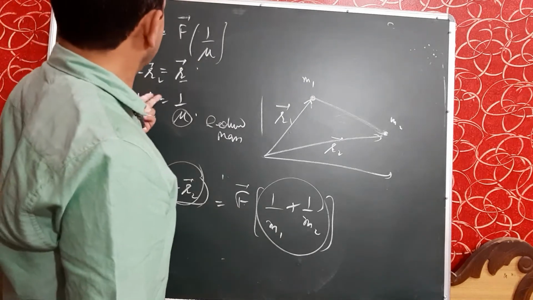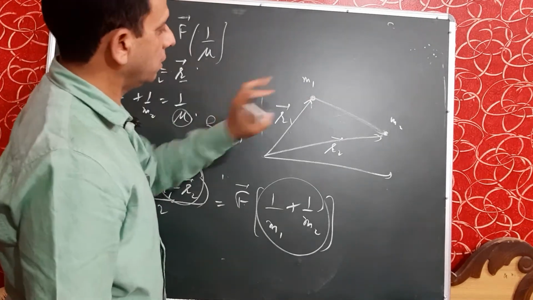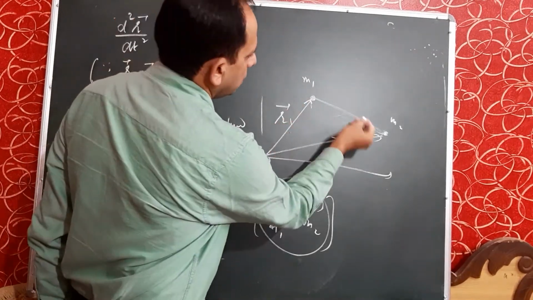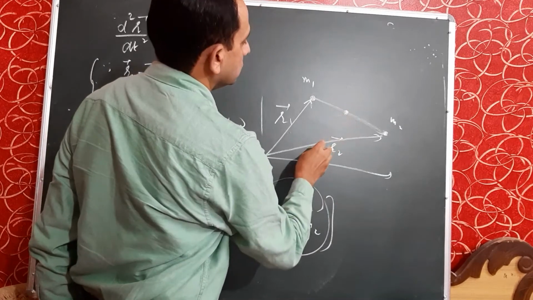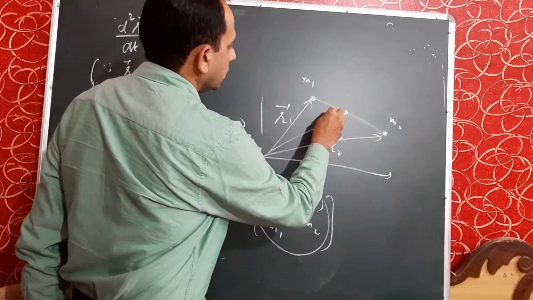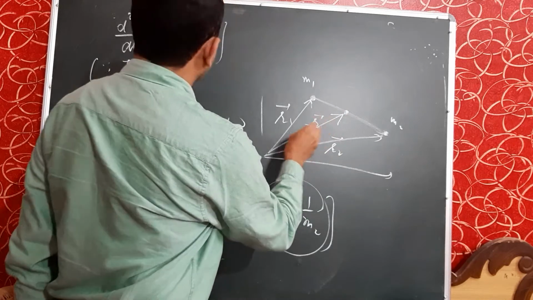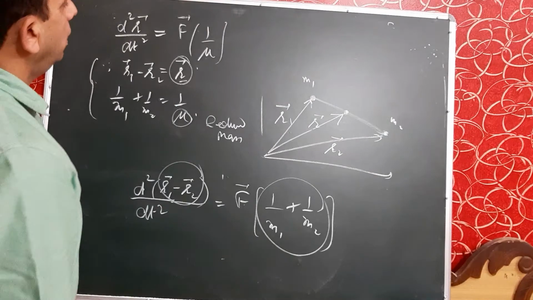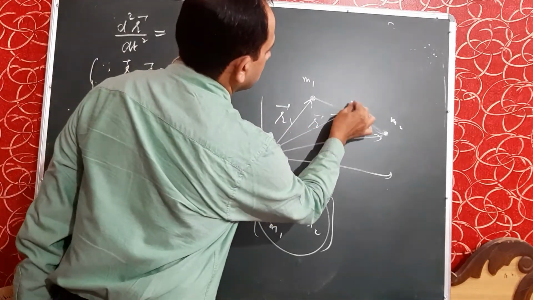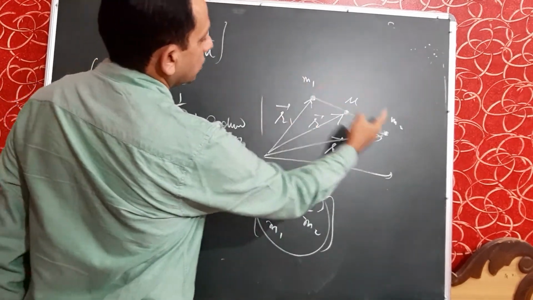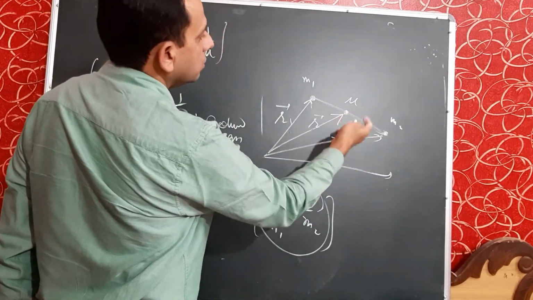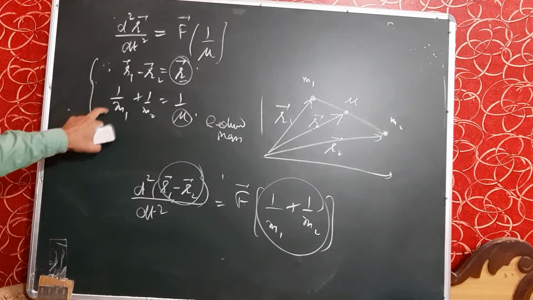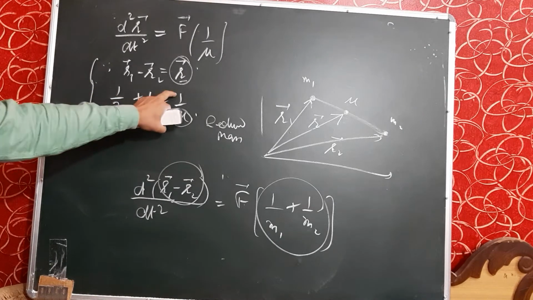When we represent this formula in the diagram, where is the single particle? Let that particle lie at this position, and the vector of that particle is r, shown here in the figure, and the mass of this particle is mu. Its mass is m1, its mass is m2, but the mass of the equivalent particle is mu. So what is mu? Mu is the reciprocal sum of m1 and m2.